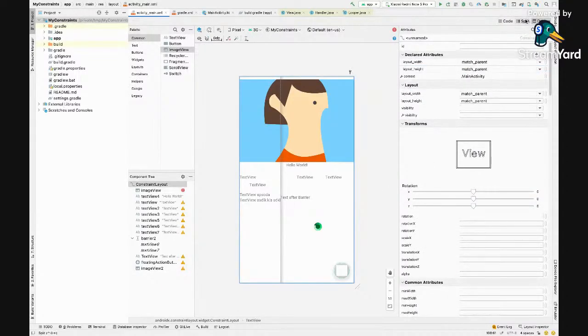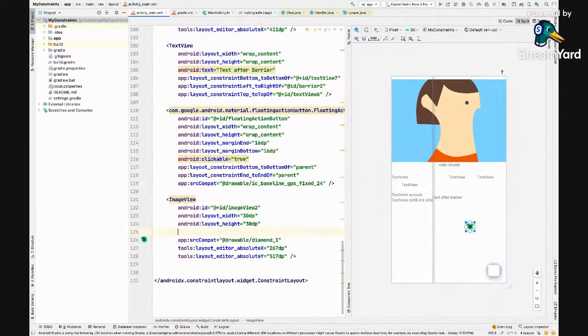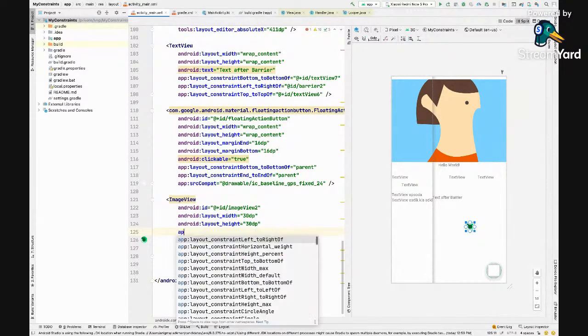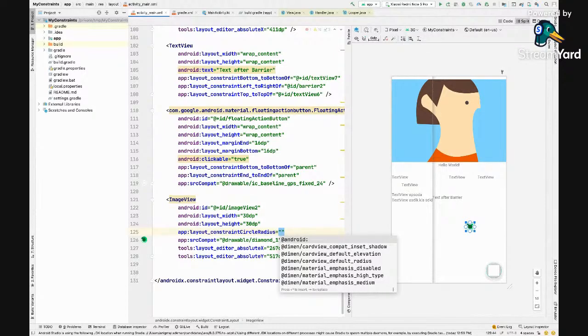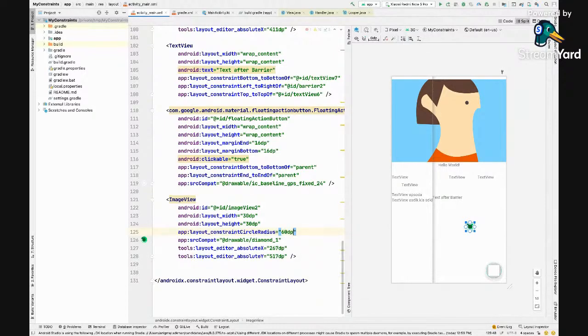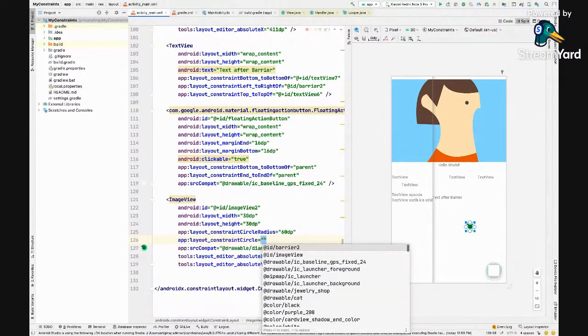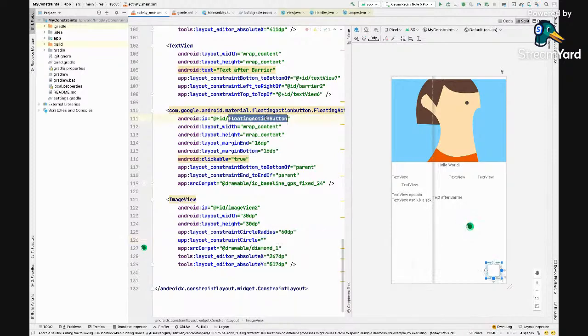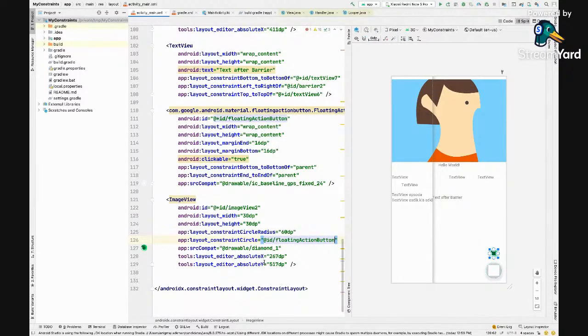If I go here, I can set radius to be 60 dp, and circle with reference to this floating action button. By default, it is taking 0.